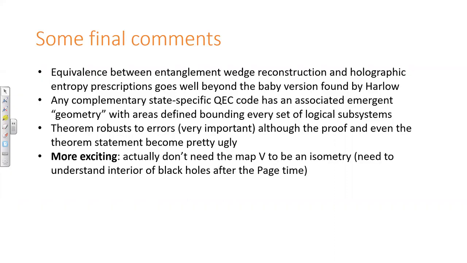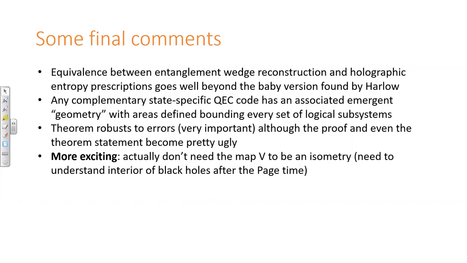Much more excitingly, I haven't talked about this at all, but if you're really interested in these things, I encourage you to look at it at least a bit. Turns out that this map V for the quantum error correction code doesn't actually need to be an isometry. Any linear map that satisfies these conditions will work. And in fact, that's what you need to understand the interior of the black holes after the Page